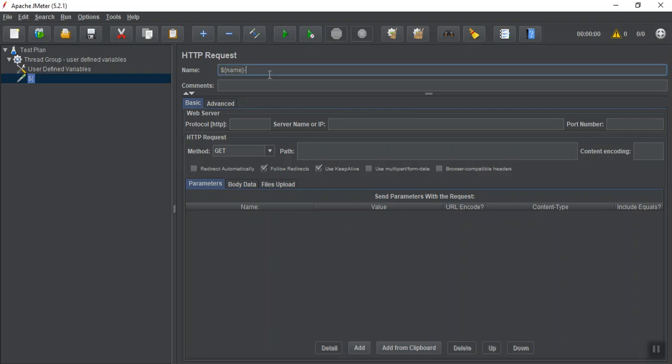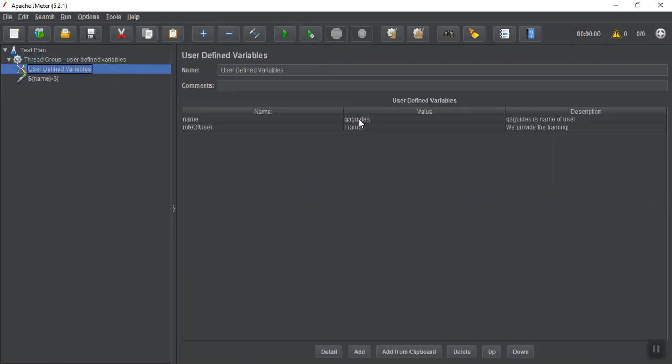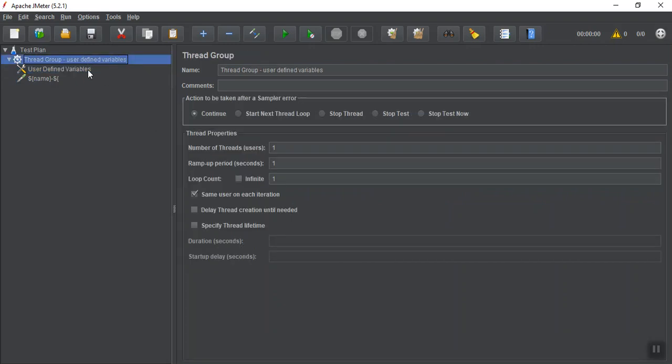Next variable, just concatenate like this: dollar, and next is role of user. I am copying it so that it is case sensitive.